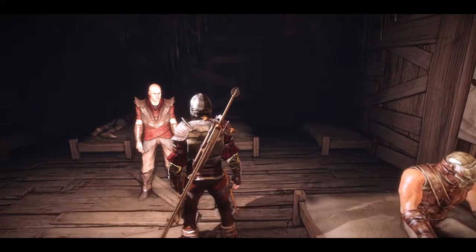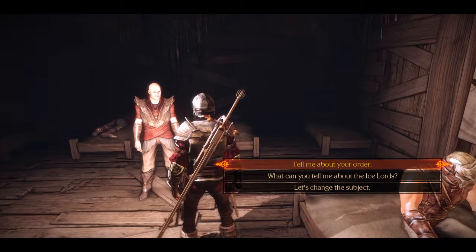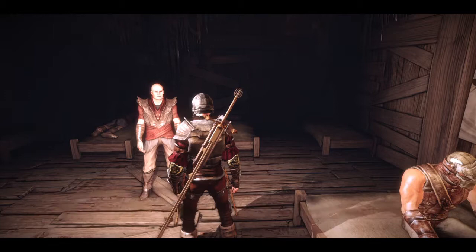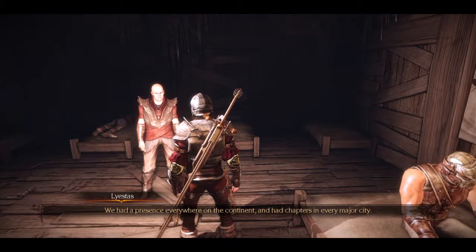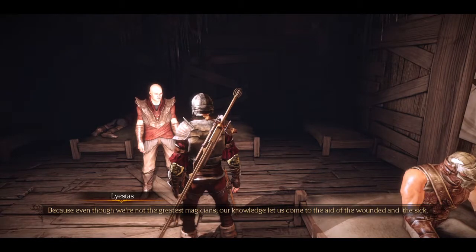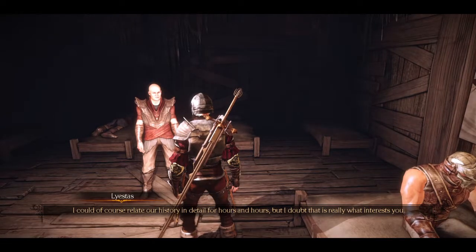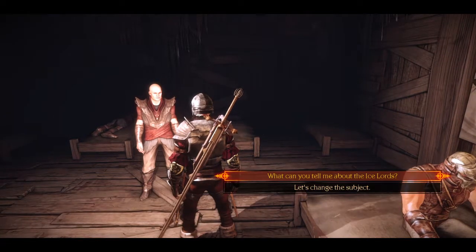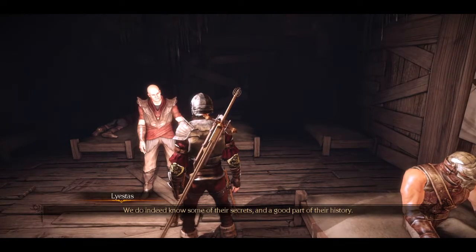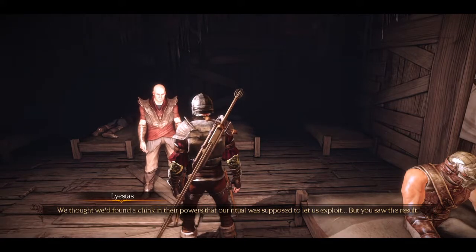I need your help. Okay. Tell me more about... Before the war, our main objective in Creed was to collect... We had a presence everywhere on the continent. We studied and preserved all possible sources of knowledge there. Because even though we're not the greatest magicians, our knowledge let us... I could of course relate our history in detail for hours and hours. With all the knowledge accumulated by your scribes... We do indeed know some of their secrets. Anything we could use to... We thought we'd found a chink in their powers that our ritual was supposed to let us...